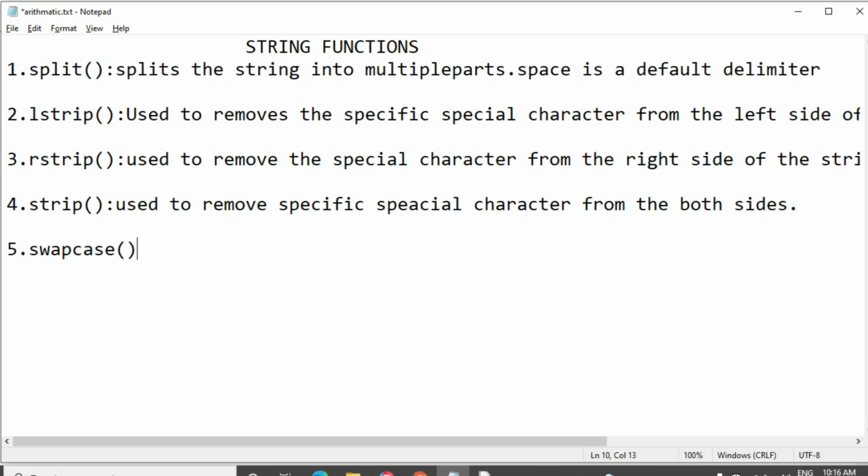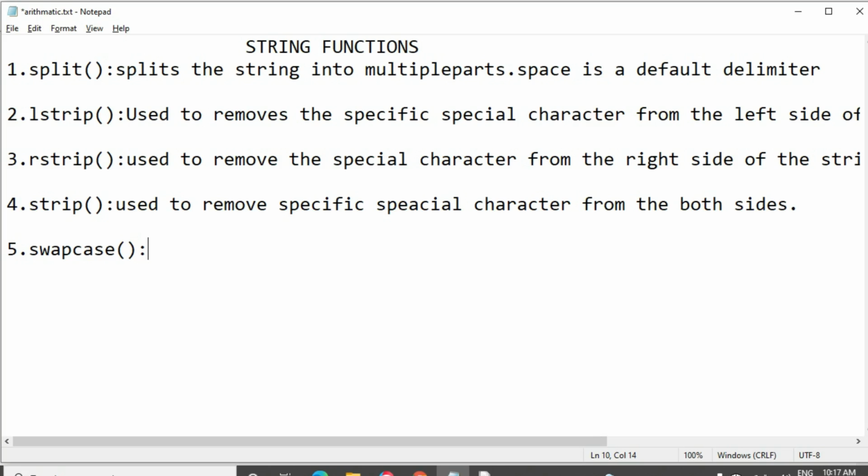Then the next one is swapcase. Swapcase is nothing but swapping the characters. If the string is given in lowercase letters, it will swap it into uppercase. If the string is given in uppercase characters, it will be swapped into lowercase.